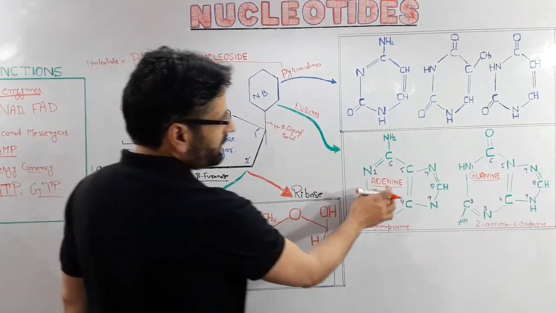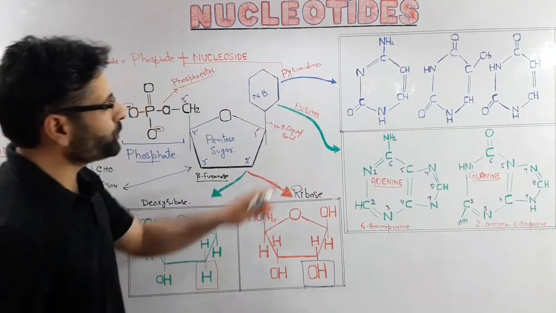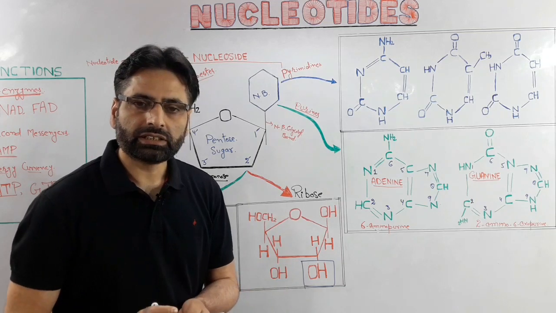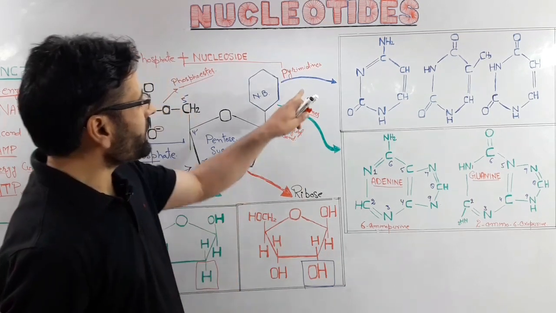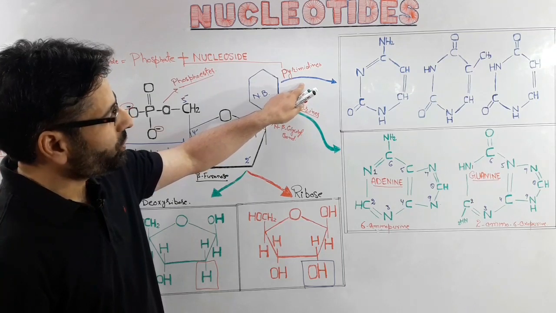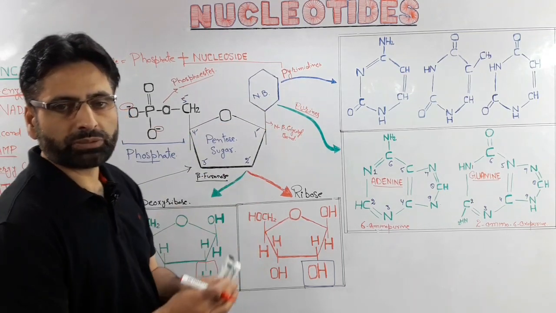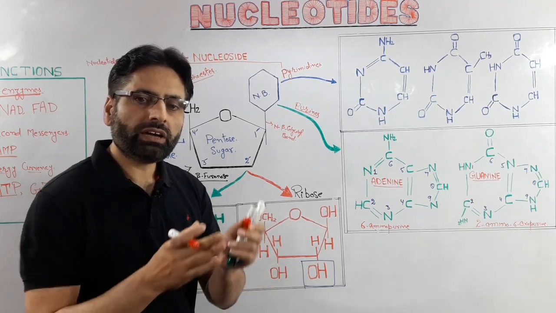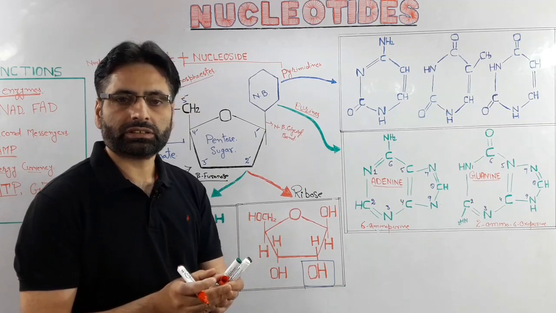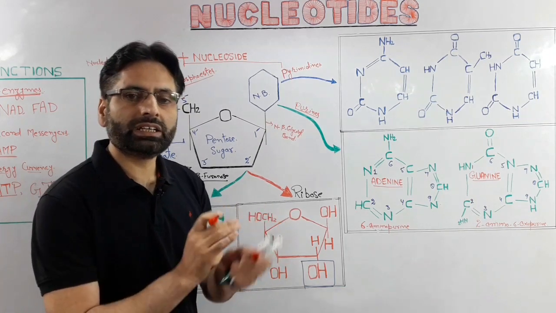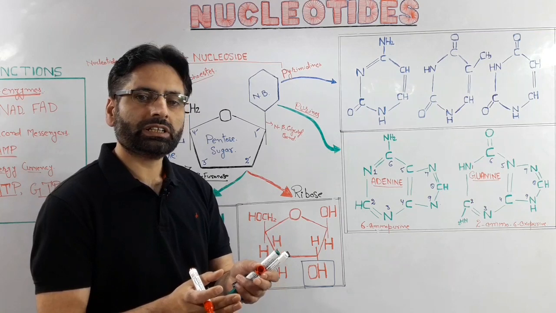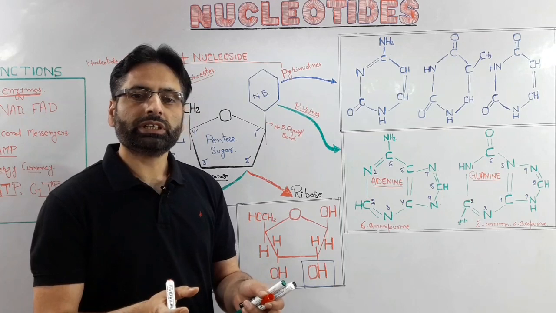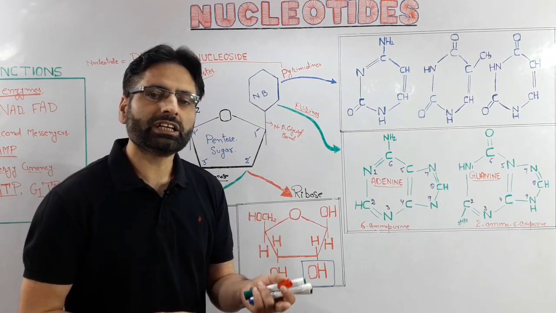So these adenine and guanine, as I said, are the purines, and these purines are present both in RNA as well as in the DNA molecule. But so far as the pyrimidines are concerned, we have 3 nitrogen bases, and in these 3 nitrogen bases we have thymine and uracil. Thymine is present only in a DNA molecule and uracil is present only in the RNA molecule, but cytosine is present both in RNA as well as in a DNA molecule.